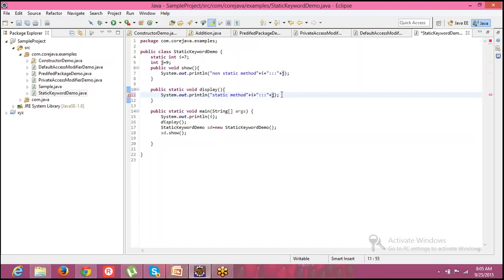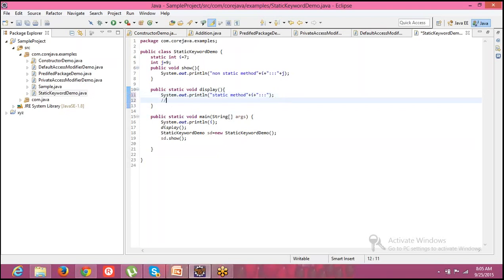So that's the reason why I wanted to remove this and here I wanted to have code something like non-static, not accessible.